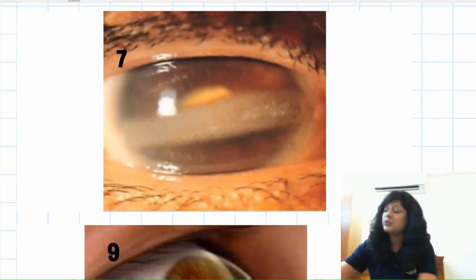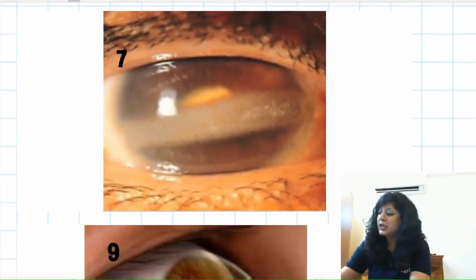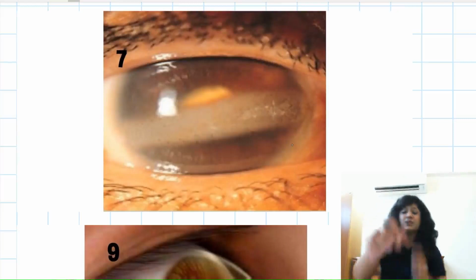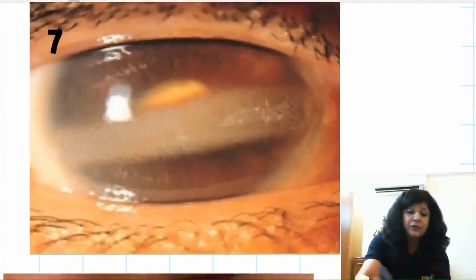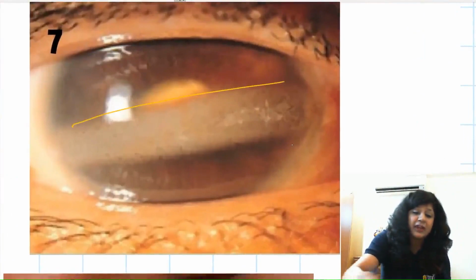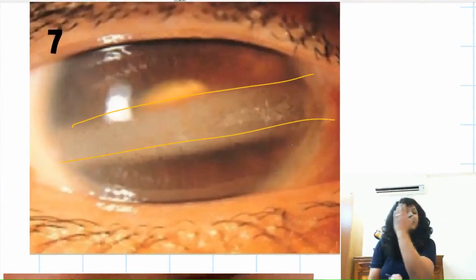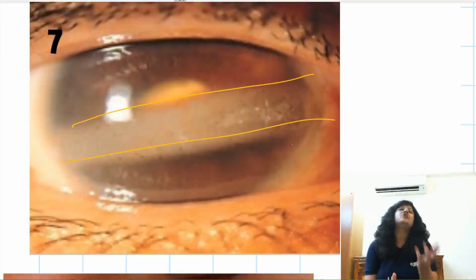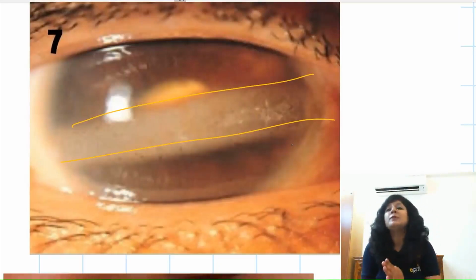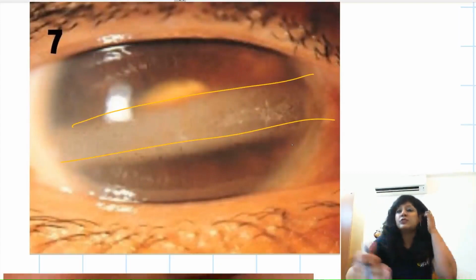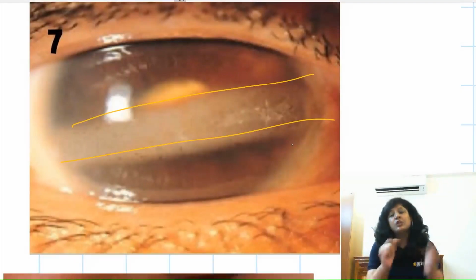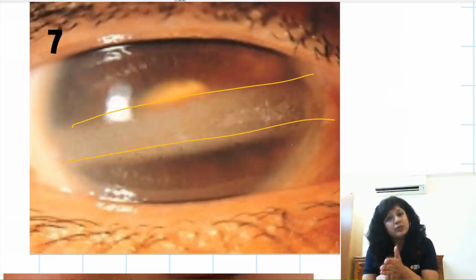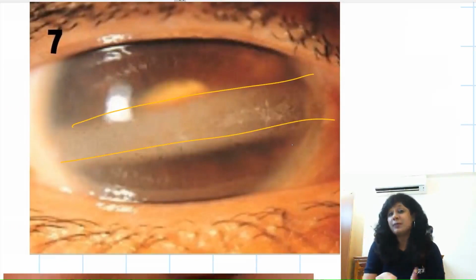Now next, coming to the non-infectious ulcers. In the non-infectious ulcers, we first come to band-shaped keratopathy. Can you see here? We have this band-shaped structure covering the cornea. This is called band-shaped keratopathy. It is actually occurring due to calcium deposition. Now B for band and B for Bowman's membrane, and after that comes C, so C is the calcium deposition. So band-shaped keratopathy is due to calcium deposition in the Bowman's membrane.